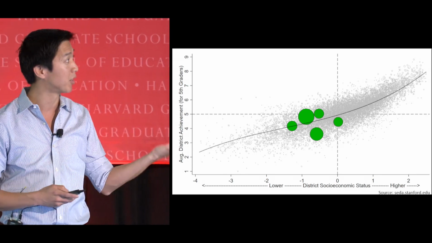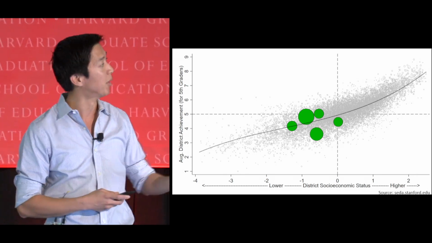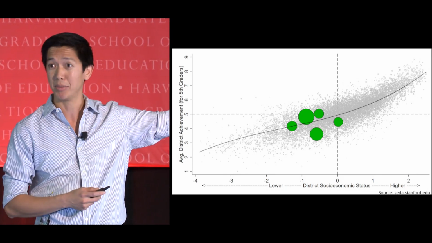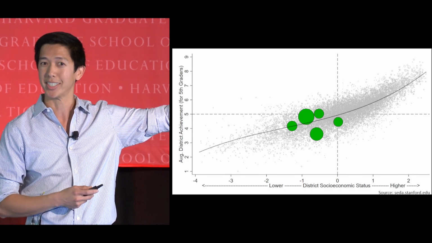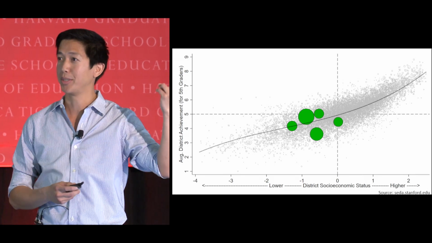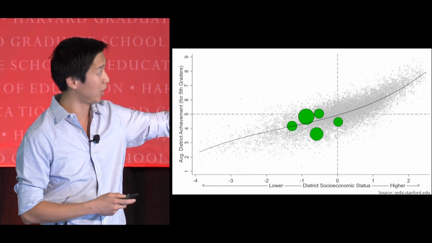Here are 5 of the largest school districts in the country. Right? And so what you can see is, actually, anyone know what that big one is? What's the largest school district in the country? New York City. What's number 2? LA. So let's just look at New York City and LA.